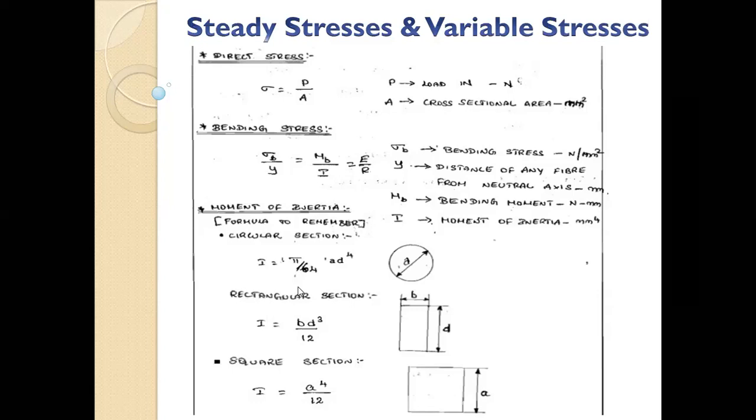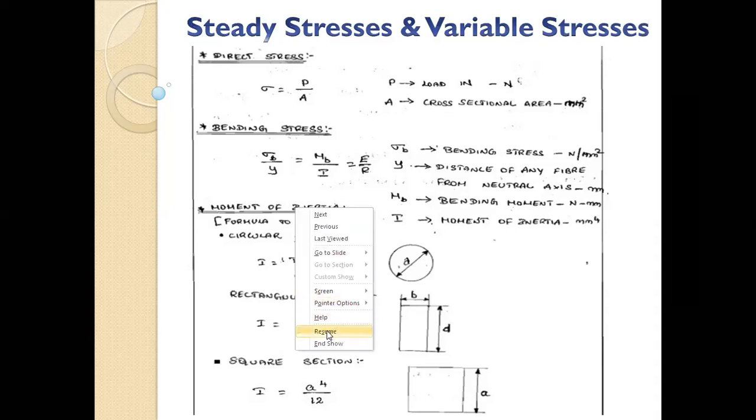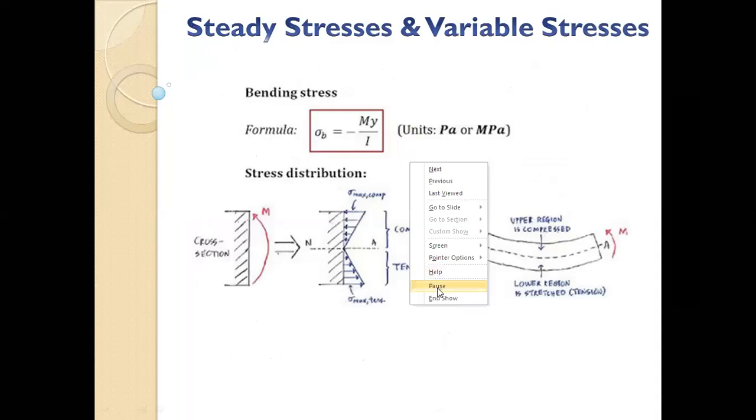How that stress is calculated is using the bending equation. We have seen that. In SOM there was a separate chapter for bending. Say this is the example diagram. If you take a curved beam, the top portion will be compressed and the lower portion will be stretched, under tension. Stresses will be like this: on the top there will be compressive stresses, on the bottom tensile stresses. The topmost fiber will have maximum compressive stress, and the bottommost will have maximum tensile stress.